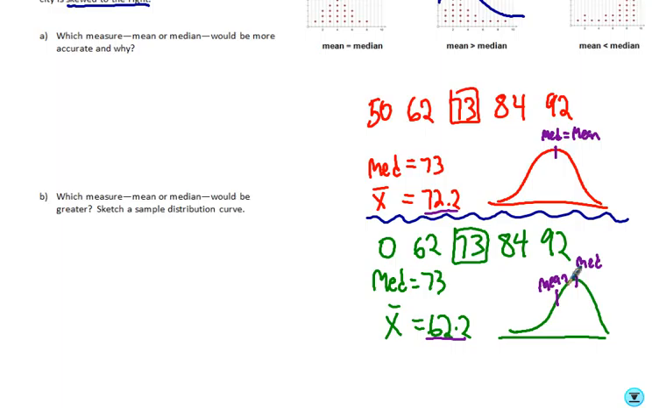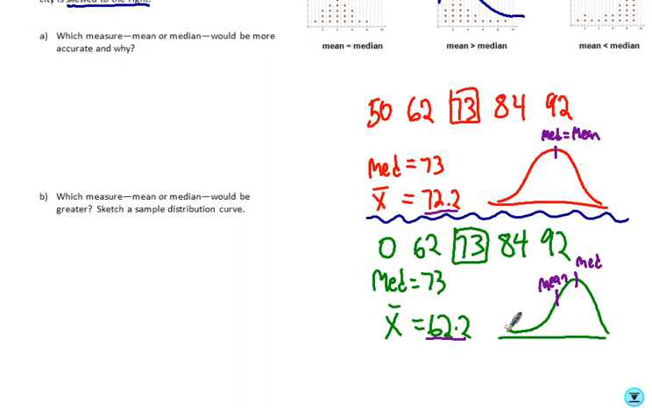So what we would say is that because you got a 0 on that test, it brought your average down. It didn't change the middle, right? If we line them all up, the middle is still the same. So the median doesn't change, but the mean got pulled down. And the reason why this curve gets stretched out this way is because we have to account for